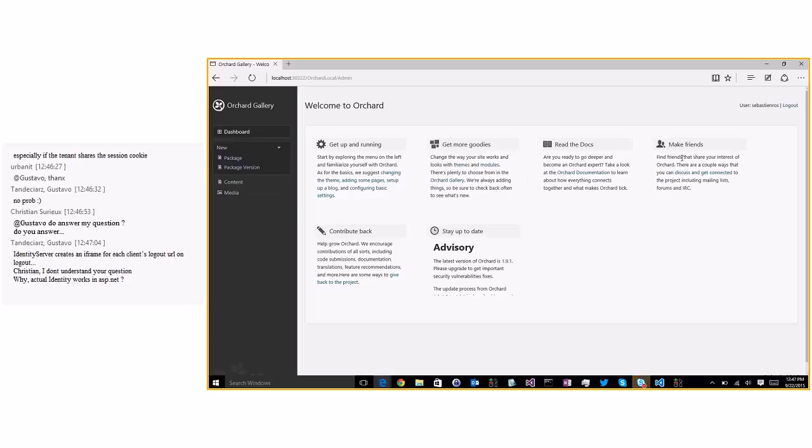So I have myself. This is my actual gallery account, Sebastian Ross. Okay, and because I imported everything, it's also importing the passwords and so on. Don't worry, I can't mess up with that. They're just hashed and everything. So here, the first change I did was to add the layout